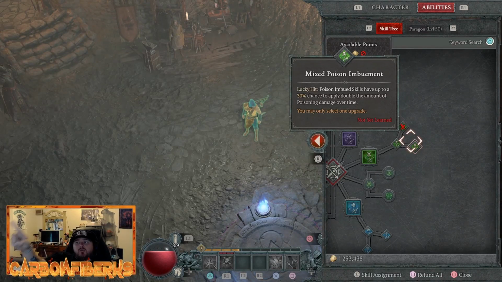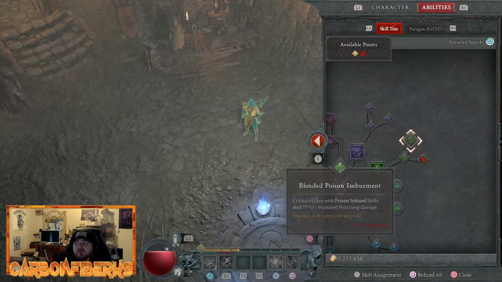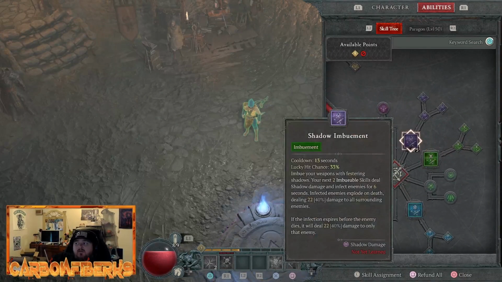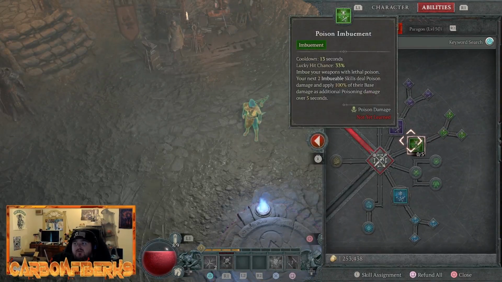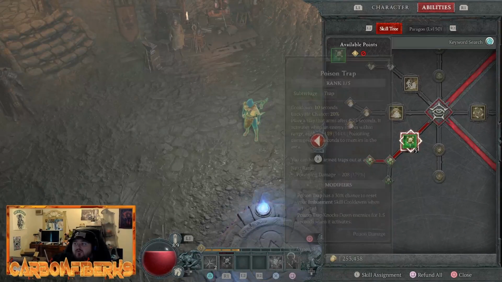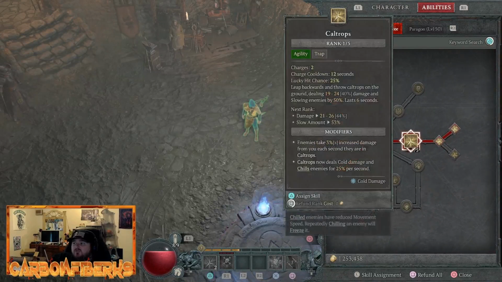So that means you're going to want to run mixed poison imbuement instead of the blended, only because it's off of critical strikes. If you're running a crit chance build, blended would be better. If you're not running a crit chance build, I would definitely go with mixed, only because of the lucky hit and everything that's associated with it, because the poison imbuement itself has a 33% chance, which should stack with your imbuable skills, which